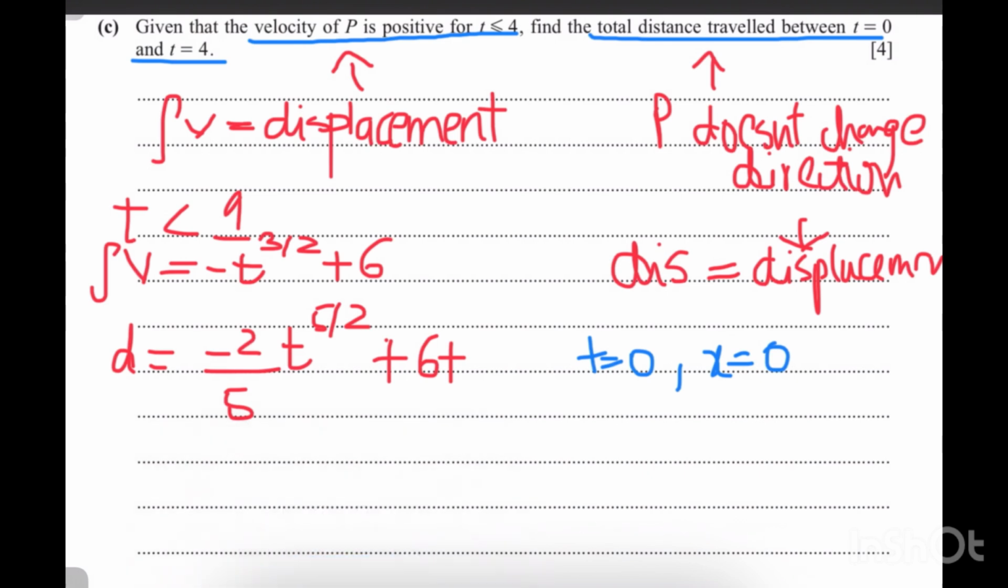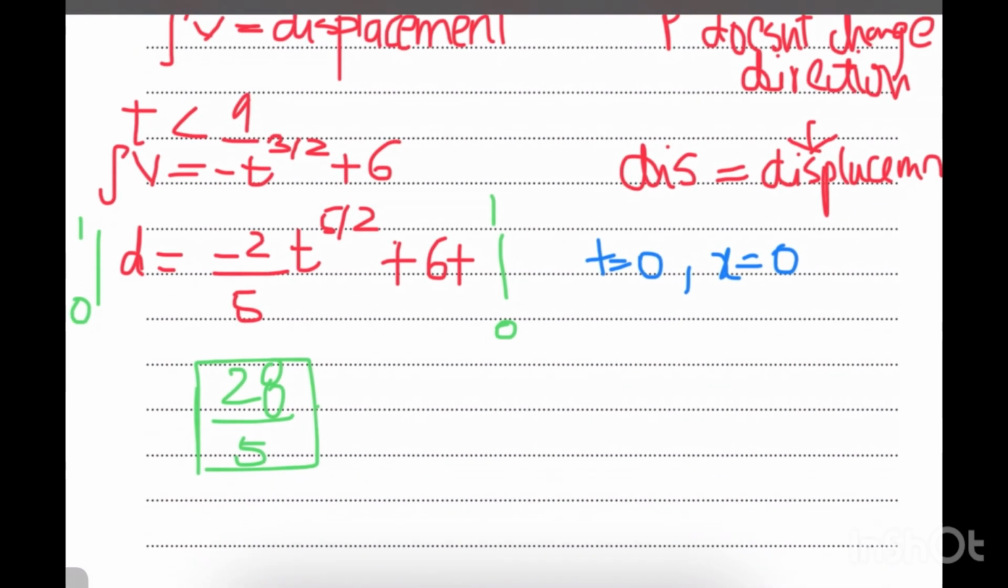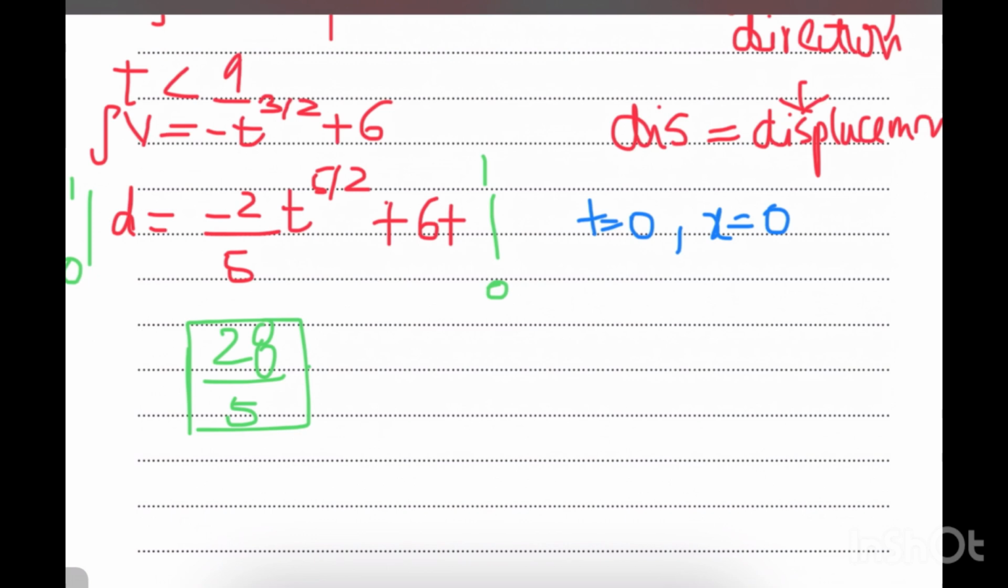So when we apply the limits of 1 and 0, we can find out the total distance traveled, and that is 28 over 5. So 28 over 5 is the total distance traveled from t equal to 0 to t equal to 1. Now going back to when t is greater than 1, we found out that